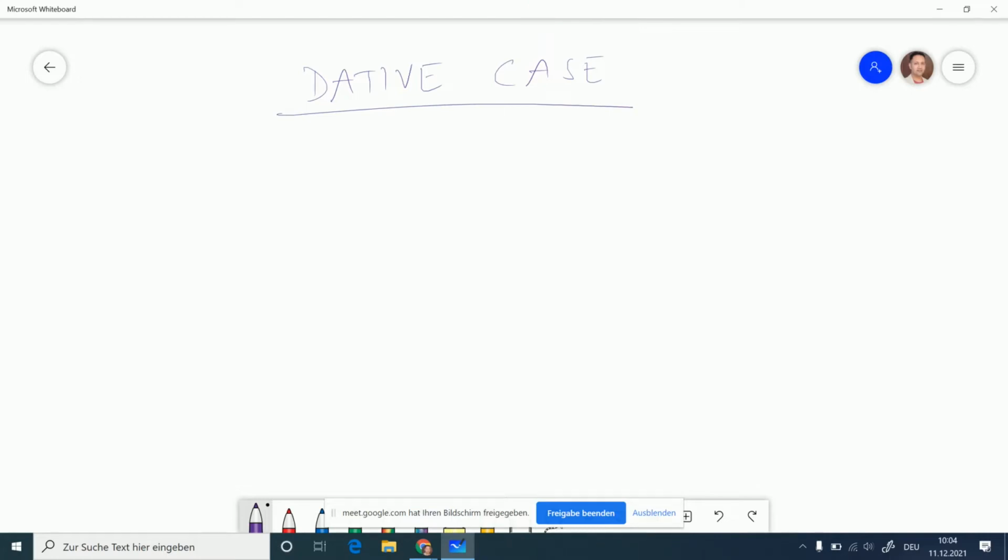Now, just to give a recap of what we learned previously, there are three cases. Actually, there are four cases, but we will be handling only three cases. That is nominative, then accusative, and then dative. So, nominative, as you probably remember, it's the direct subject, or you can say only the subject,